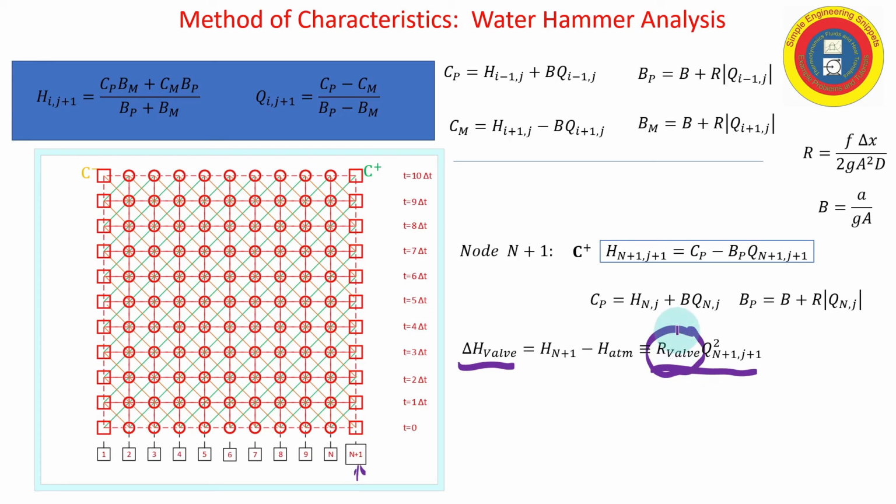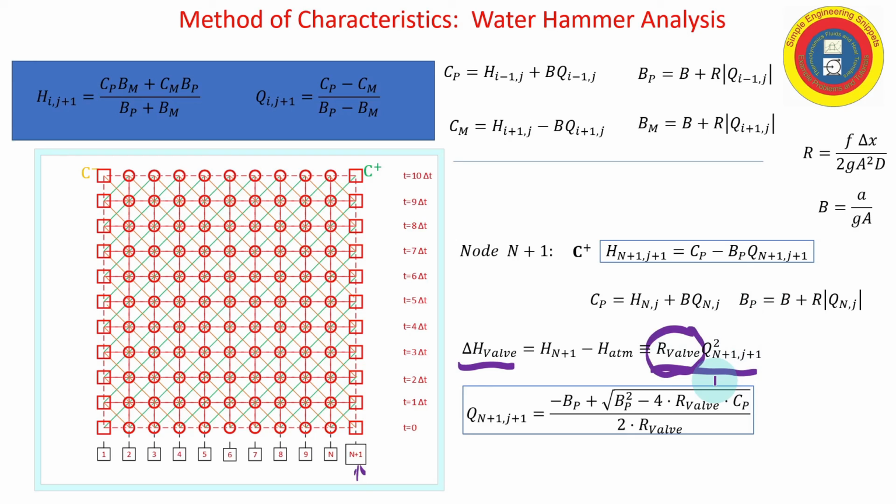But anyway, you need to separately calculate the resistance of the valve, and that gives us the second equation with the introducing the second unknown. So now we have two equations, two unknowns. When you substitute this equation in, you get a quadratic, and so this would be the solution. And once you know the flow, you can go back to the C plus characteristic equation, solve for the head, or you could just use the head loss equation for the valve. So now we are able to calculate the head and flow at each point and march our way up the